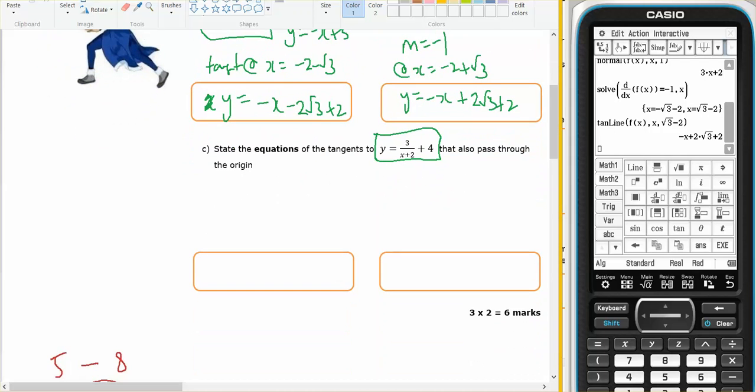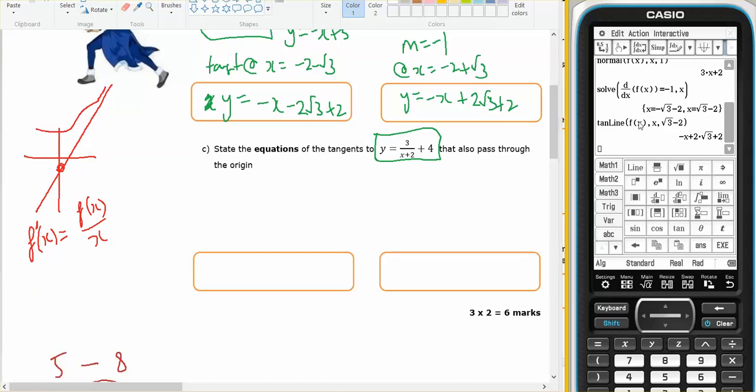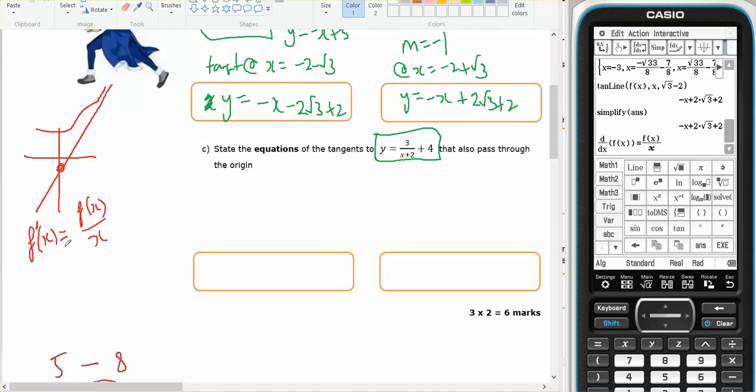And lucky last, part C, tangents that also pass through the origin. So I have a special rule about that. I'm looking for the tangent that passes through the origin. I want to have f of x equals f of x on x. So if I take f of x,